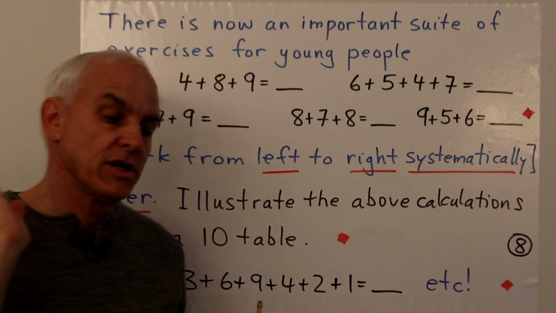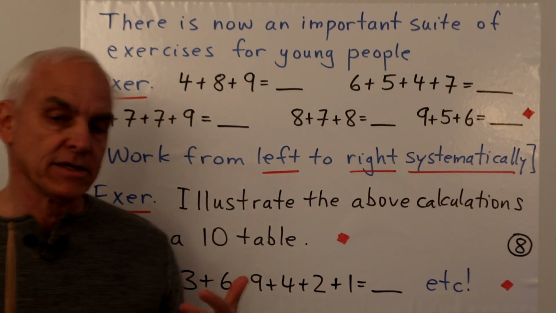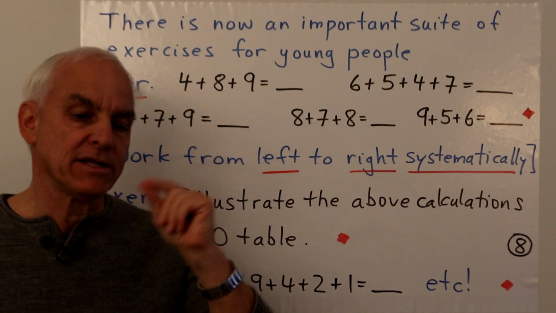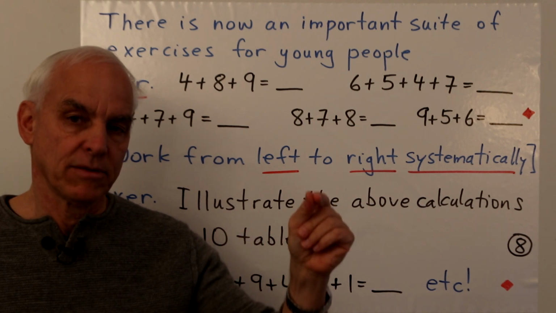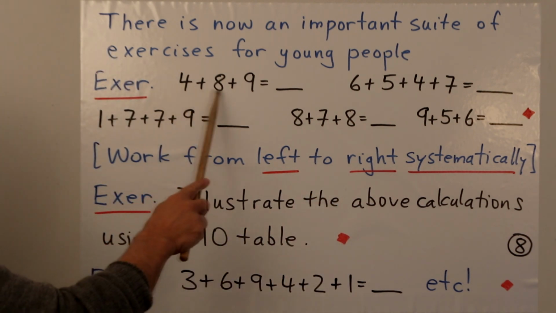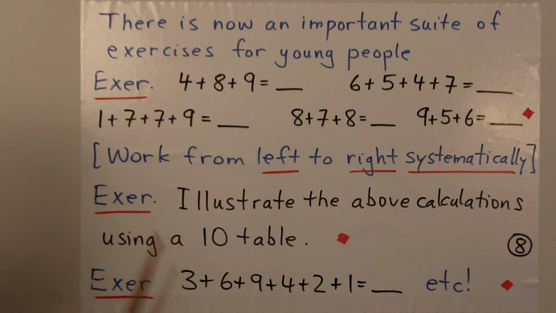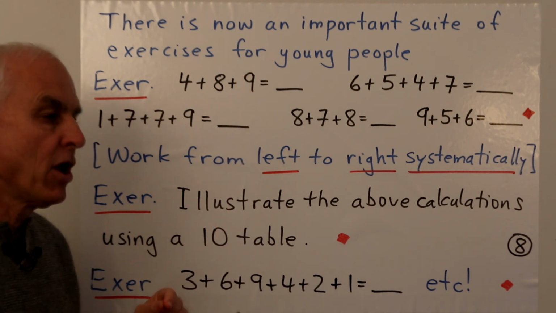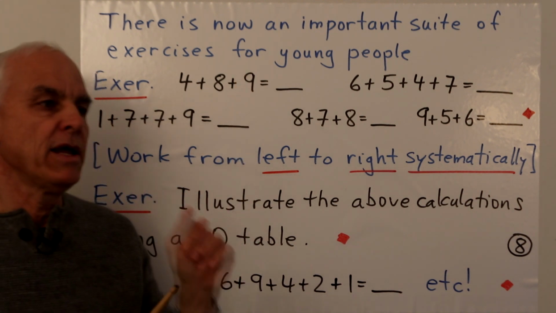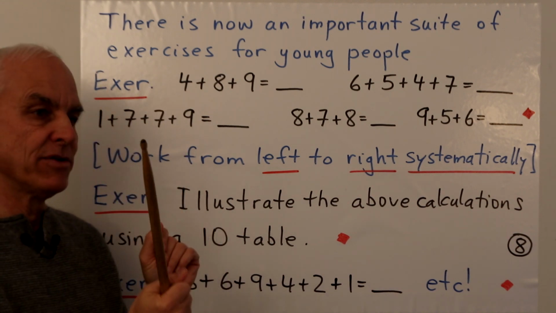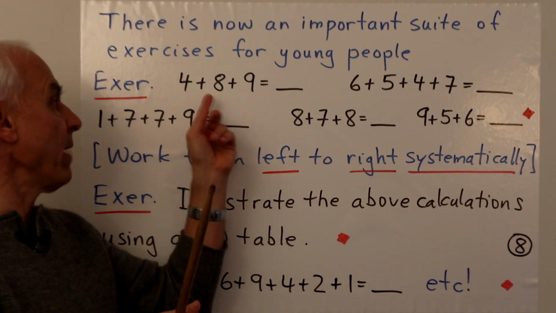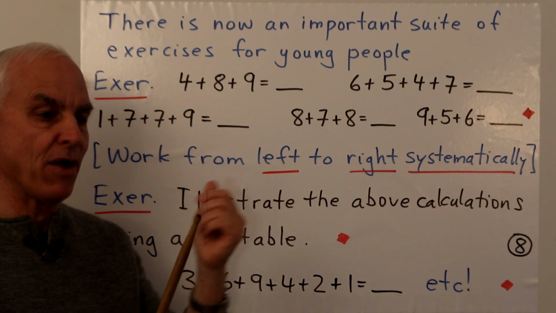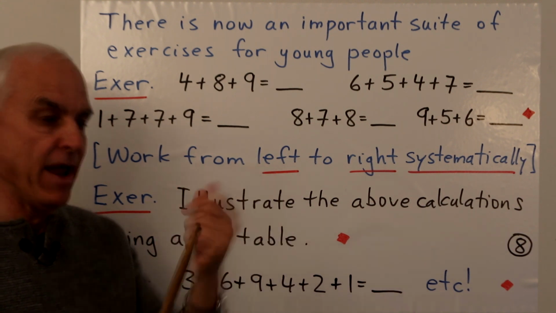Okay, there's now a whole important suite of exercises that young children can be given to strengthen their understanding of this fundamental operation of being able to add successfully lots of digits one after the other. So for example, 4 plus 8 plus 9 equals something. What they want to do is 4 plus 8 equals 12, plus 9 equals 21. And why is it 21? It's because 2 plus 9 is 11. So we're wrapping around. The 2 plus 9 is 11, and we also have a 10. So we have a 10 and an 11, that's 21. So we're wrapping around the 20 instead of wrapping around the 10.